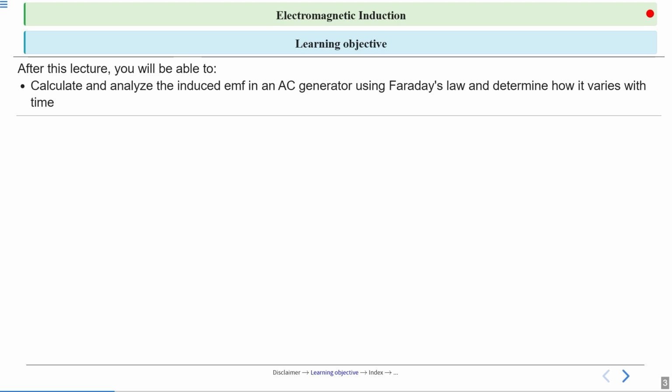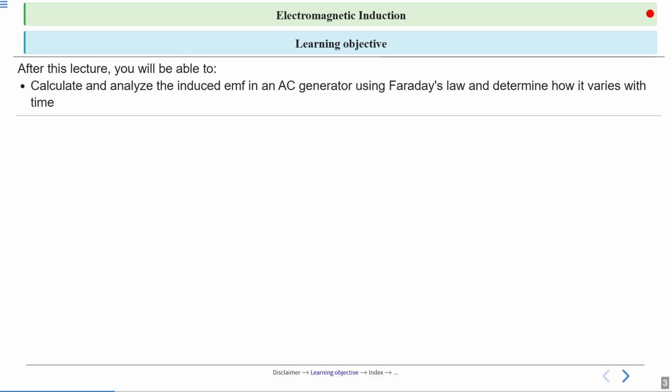Okay, yesterday and in previous lectures we have discussed how we can induce the EMF. We can induce the EMF by changing the magnetic flux linked with the coil. And how can we change the magnetic flux? There are three methods. The first method is by changing the magnetic field. We can use a time varying magnetic field, that is, changing with respect to time.